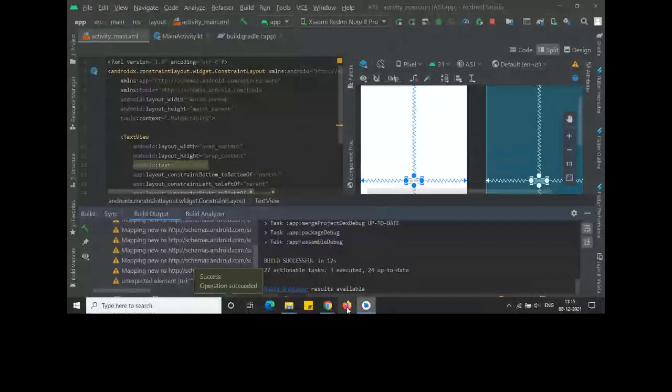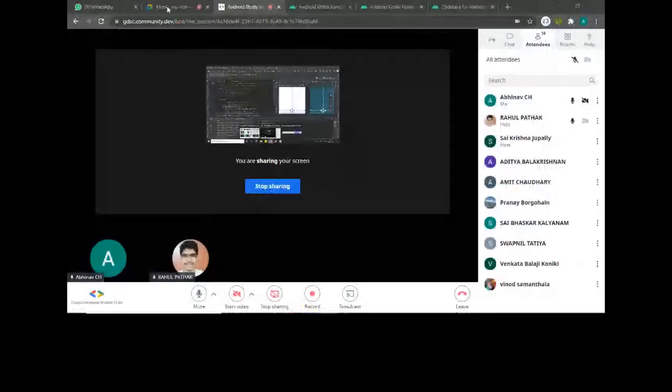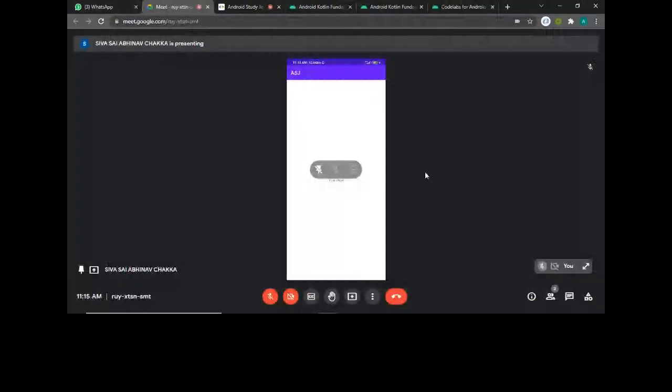So I'll just show how it looks. See, this is how it looks on the phone right now. You can change the colors and all to what you want. But yeah, this is how it looks. There's a text view in the middle and the name of the app. I've called it ASJ. You can call it anything you want, or you can just remove this whole thing. You can do many things.